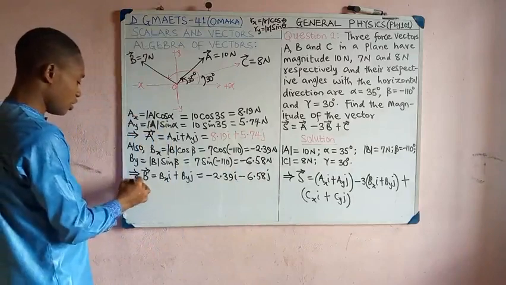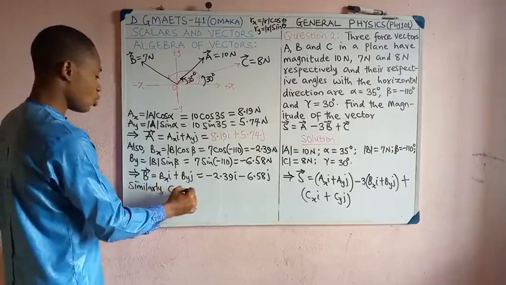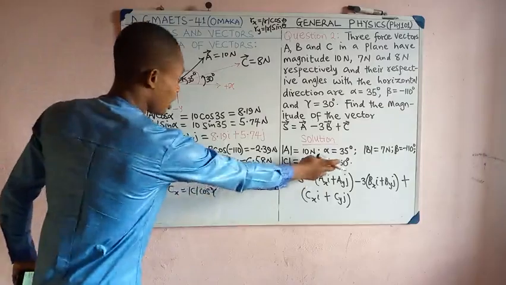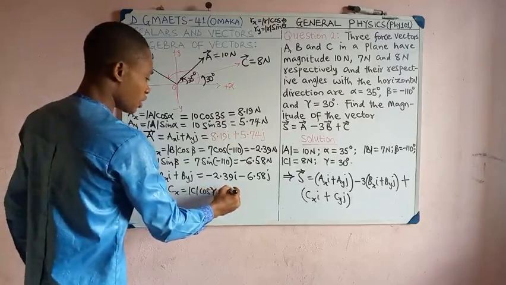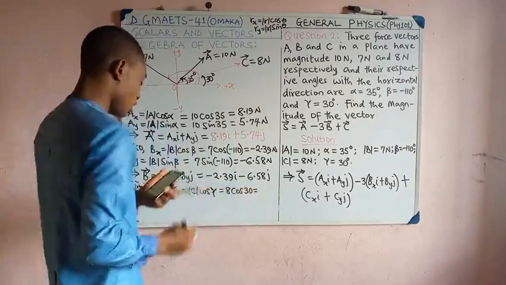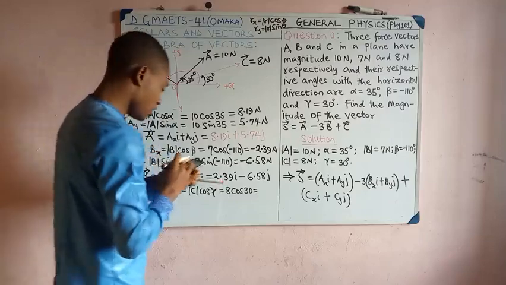Similarly, for C, we get for Cx the magnitude of C cos gamma, because C makes the angle gamma with the horizontal. The magnitude of C is 8, so 8 cos gamma, that is cos 30. If you work on this, let's see what we're going to get. So 8 times cos 30 is